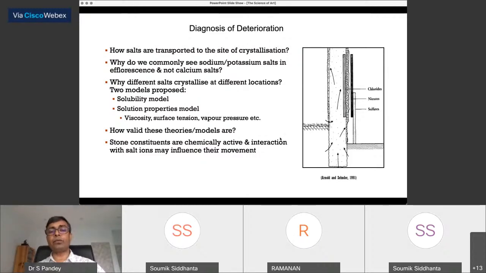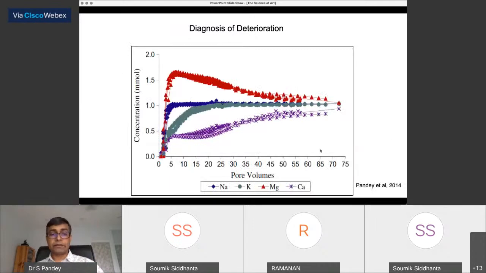And we started looking at it from the point of view that the stone is a chemically very active substance. And it is not possible that most of these salts, when they dissociate into their ionic counterparts in the water, can move freely without interacting with the constituents of the stone. And what we noticed is that the entire stone is acting like a chromatographic column. They retain salts according to their preferential retention capacities and leave salts